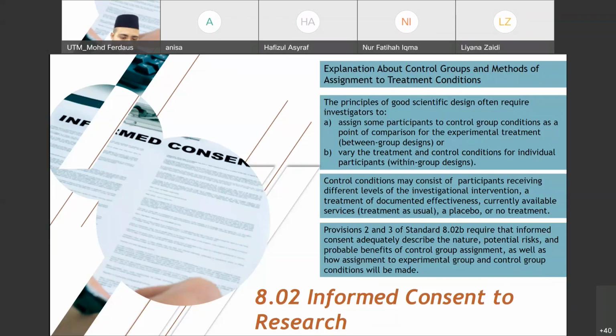But on Monday we give treatment. On Tuesday we don't give treatment, we give them placebo. On Wednesday we give treatment again. On Thursday we don't give treatment. So they have different conditions. We call this within subject design or within group design. Within group design can eliminate some issues that are not basically fair for all our participants. But not all research has the opportunity to conduct within subject design or between subject design only. So sometimes you need to cater for both, and sometimes you can only use one.